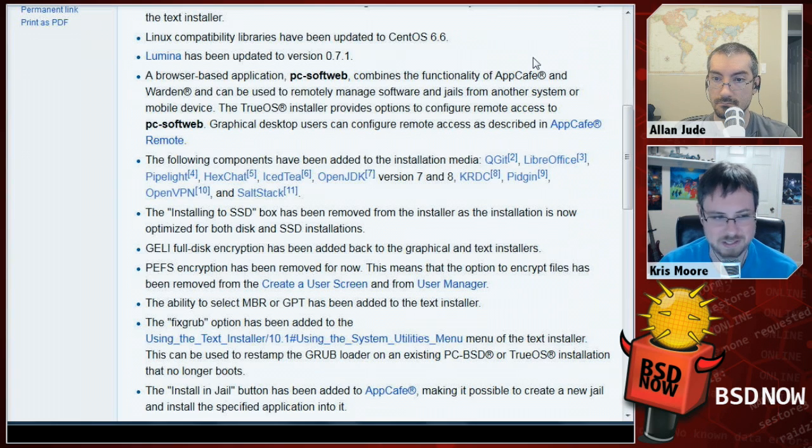We call it PC SoftWeb, it's just the command line name that we use, but that lets you browse the new HTML5 AppCafe web interface that you can use remotely. So if you want to put a system somewhere where it's maybe headless and you don't have access to it, you can now control jails and packages and create jails, install packages, upgrade packages, all that over your phone or remote web browser. That is useful. That is very useful, very cool,